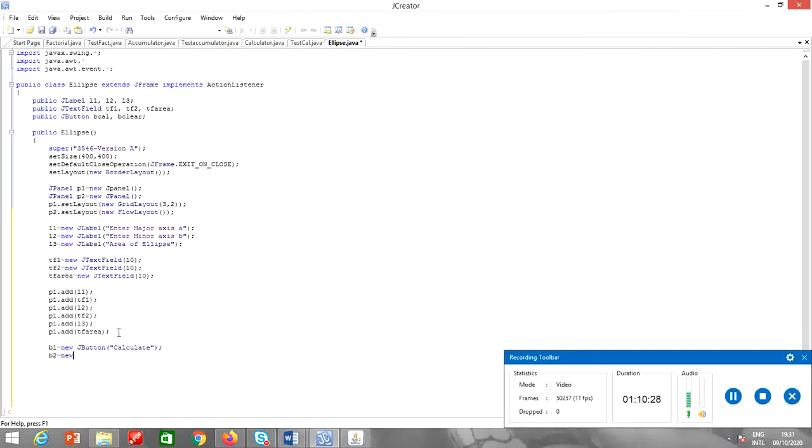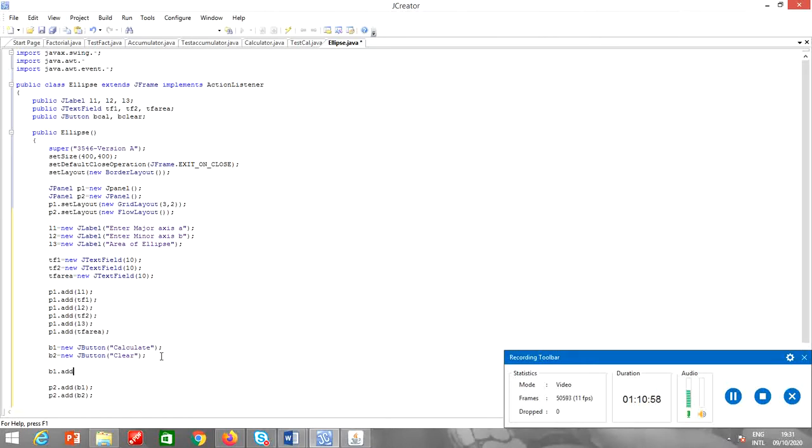B2 is equals to new JButton, and it is clear. Alright, now I will add it to the panel. P2 dot add B1, P2 dot add B2. I have not yet added action listeners, so